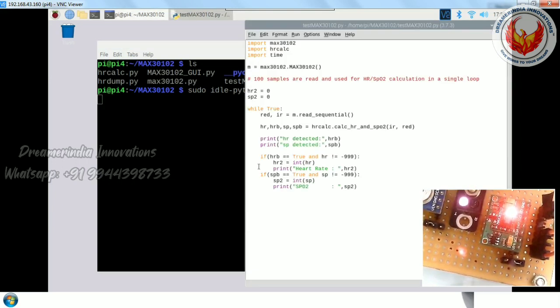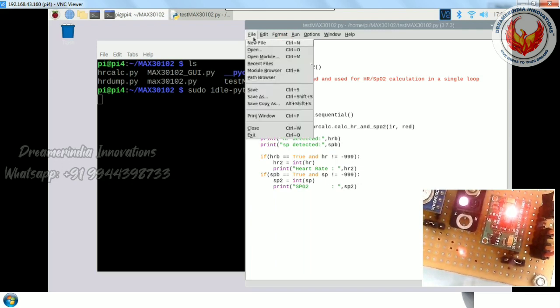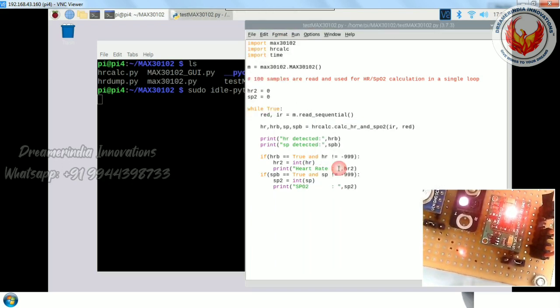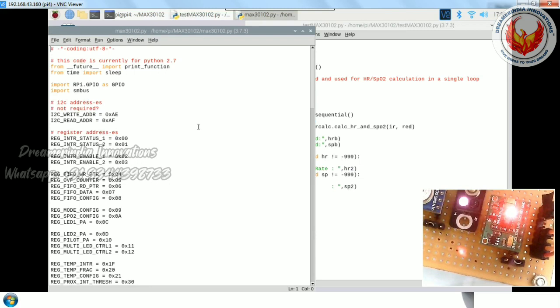This is the basic file, which will simply read the values from the sensor, do some calculation, and display it in the output. In this we are using two library files. One is Max 30102. Basically this is the driver file, or I can say library file, which will interact with the sensor using the I2C interface. By means of I2C communication, it will interact with the sensor registers, get the values from the sensor, and give them to us in the required format. That is the job of this library file.